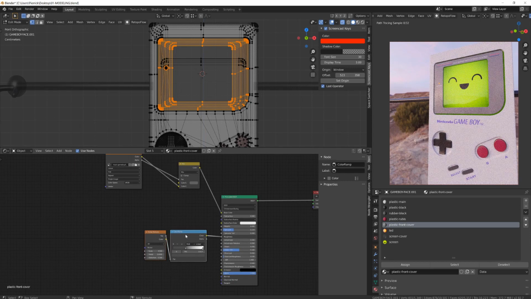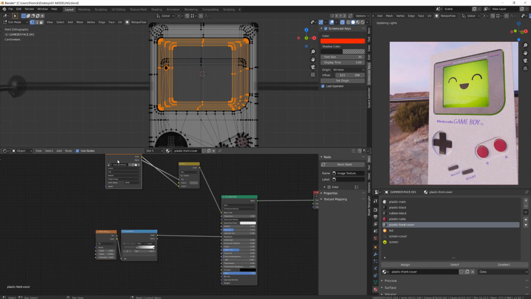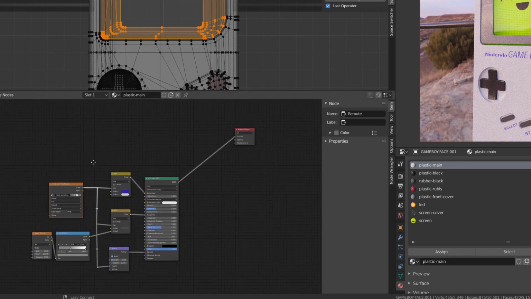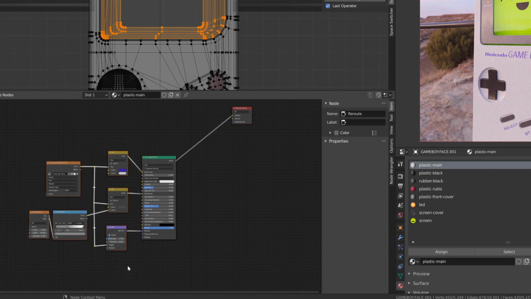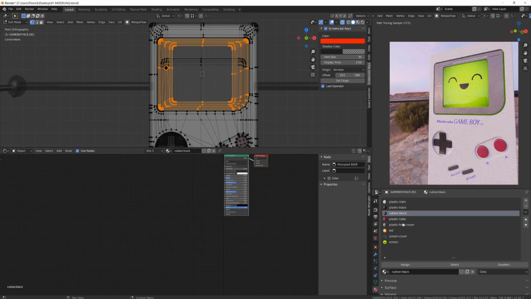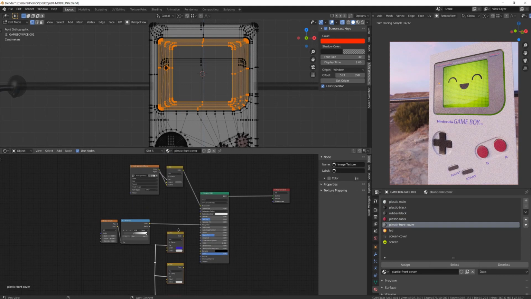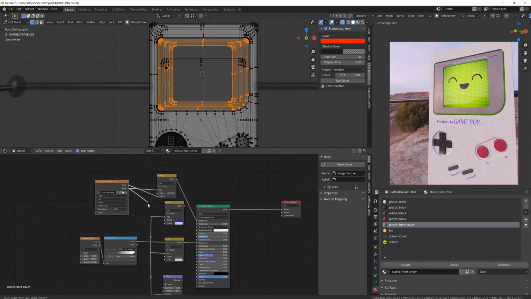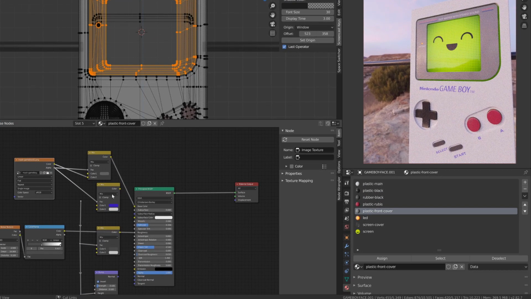But since I'm a lazy boy, instead of rebuilding the whole node setup, I will just go on the first material, select all the nodes but the principled BSDF, and I will copy and paste them into my current material. From there, I will just properly plug in my different information. So I will replug the color channel into the previous one and use the alpha as a factor. I will reset my gray color and then plug in my current color, replug the color into the principled BSDF,